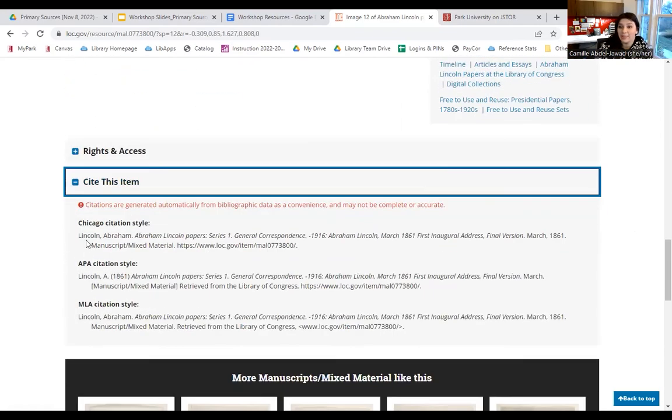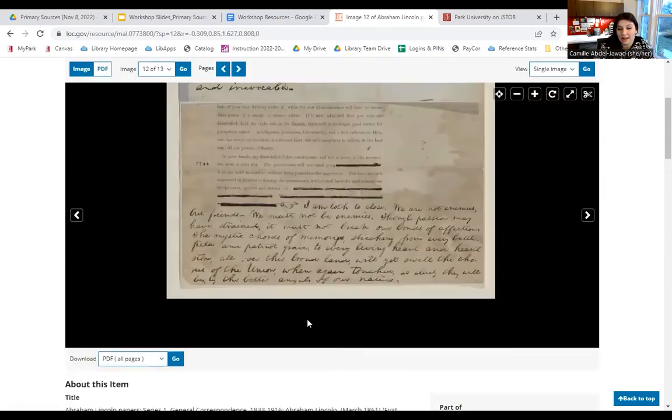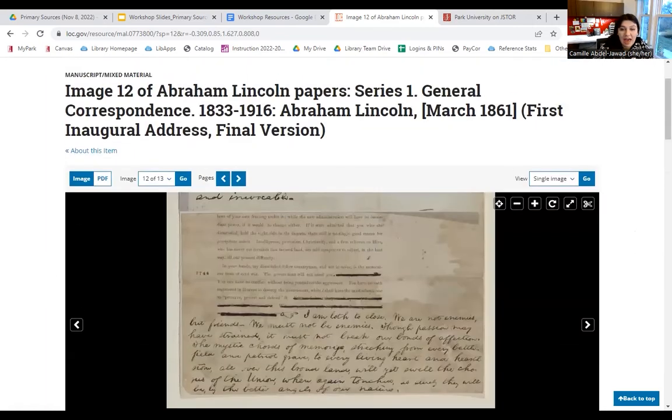It says that citations are generated from the bibliographic data. So if you wanted to cite this in APA or MLA, you can just copy and paste that citation right in there. And that's going to immensely help you as you begin to collect these primary source documents and work on them. The other resource I really would love to show you guys today is we actually have quite a